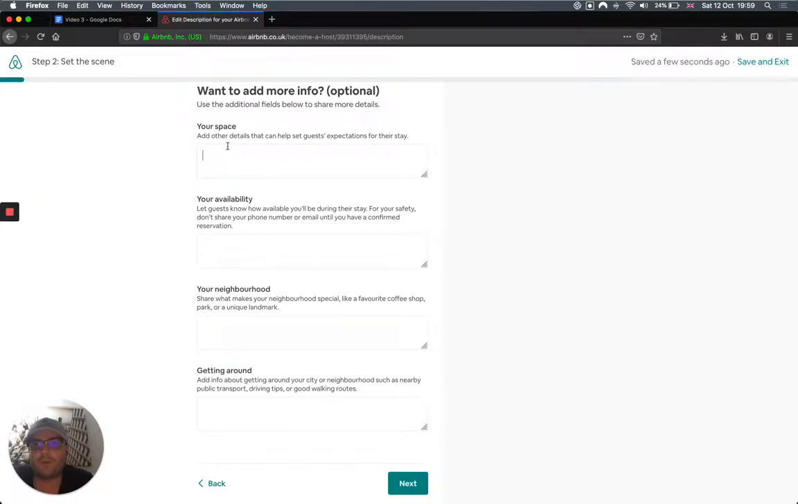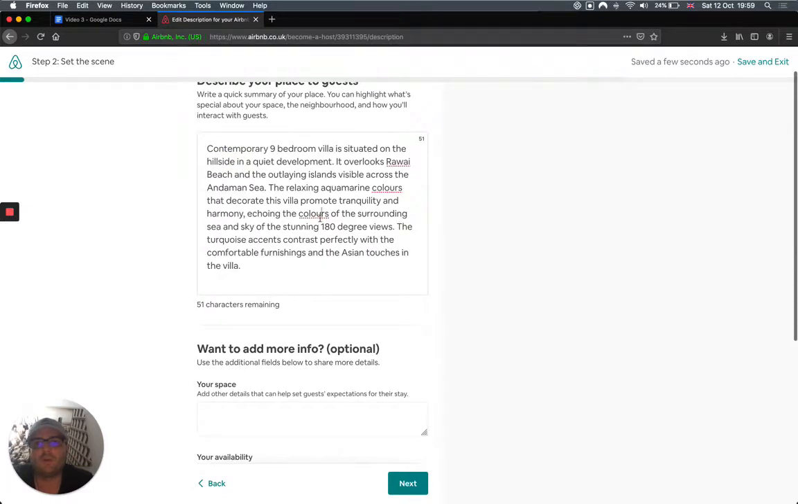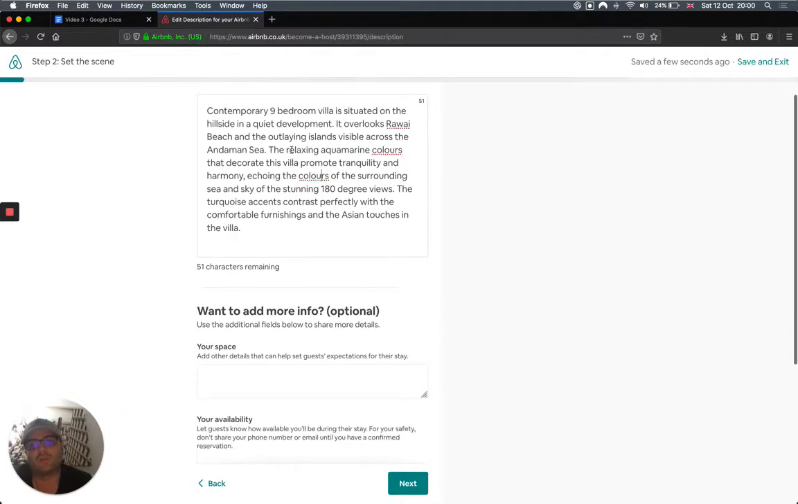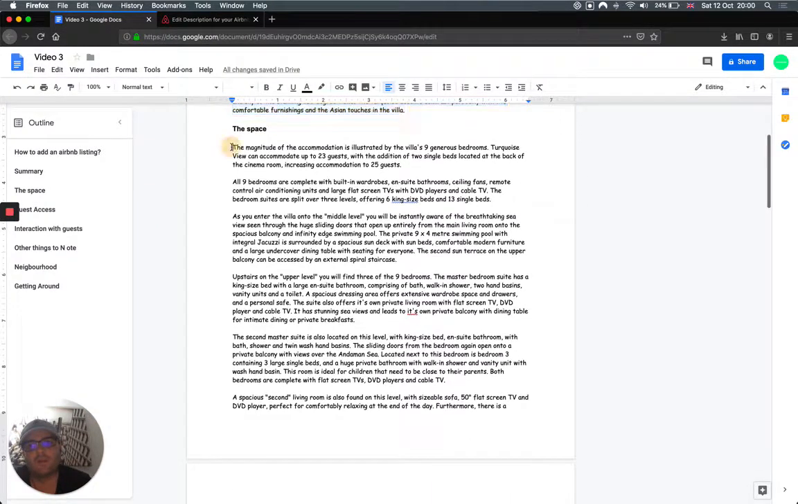So here is the summary. Yeah, I mean, it's really just explaining that it's a 9-bedroom villa, where it's located. It's got a few buzzwords in there, like it's relaxing, it overlooks the beach, great views, furnishings. Really actually selling the